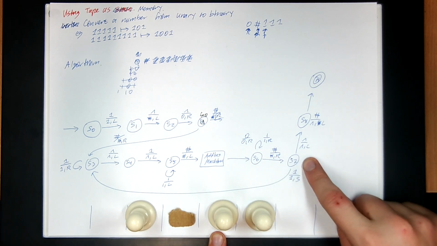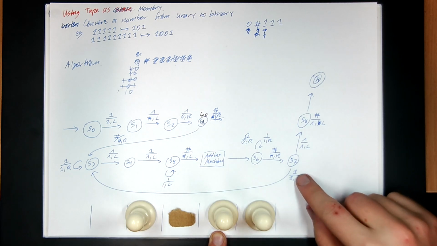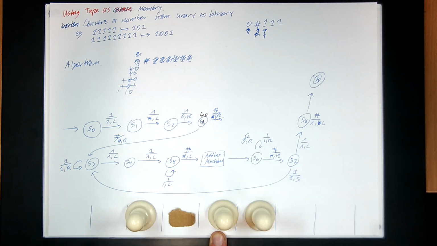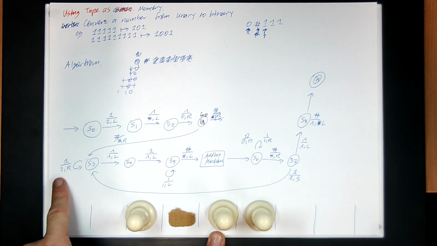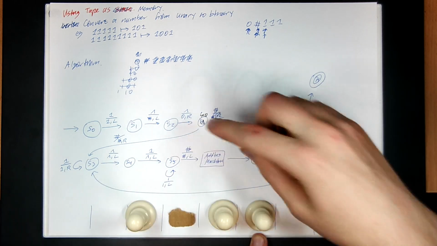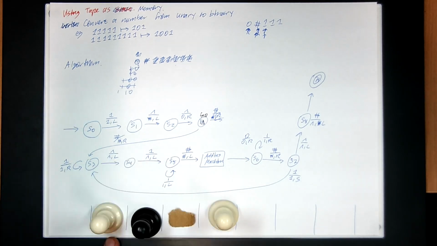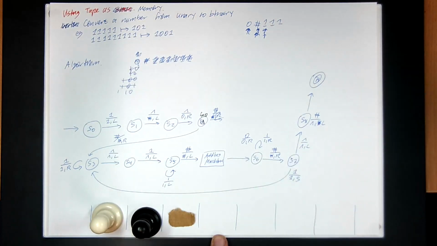So now I see if there are any more 1s to delete. There are, in fact. So we see a 1, rewind, we stay, and we go back to the start over to S3 again. So rewind to the left, see the blank, move left, see a 1, delete it, move left, rewind, see the hash, write a hash, move left, run the adding machine, so it'll flip this to a 0, step to the left, and then this becomes a 1, and then rewind, delete this, go back here, run the adding machine again,